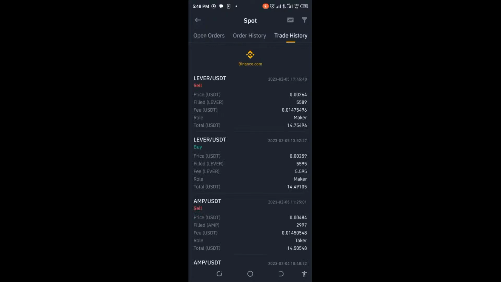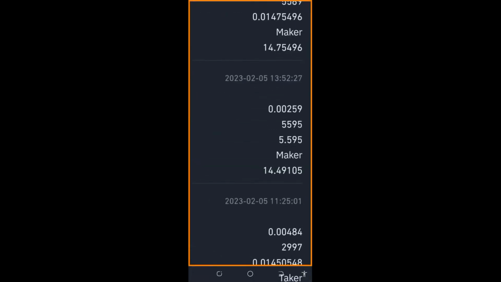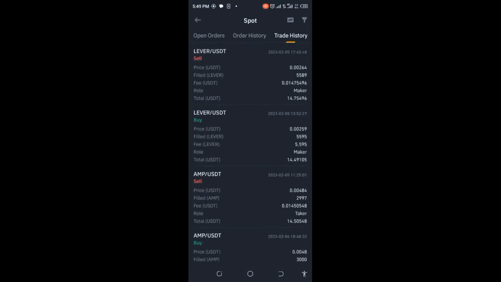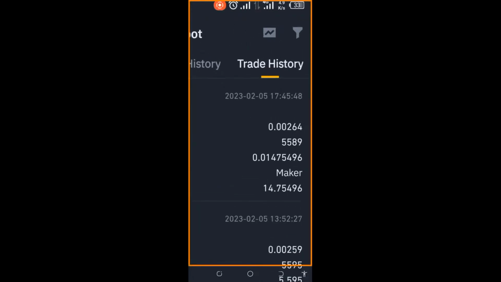Okay, so this is the trade history, right? We bought it for 2590, that's 0.002590. I could have actually done 2565 or 2570, because it actually went lower than that. If you take a good look at the trade, I'll show you in the chart, you would see that it actually went lower. Now we put it at 2640, that's